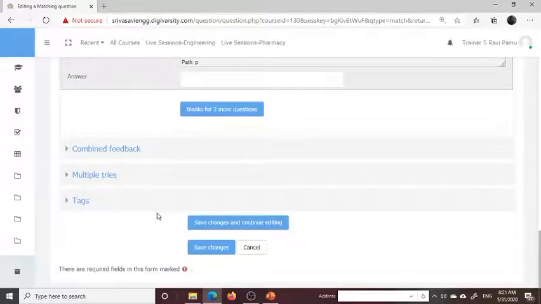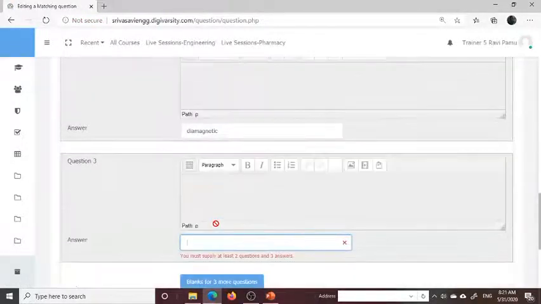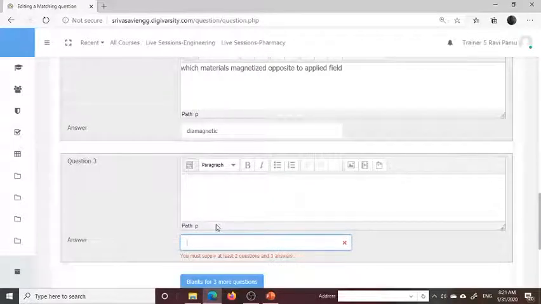Now I gave only two matchings. We must supply at least two questions and three answers. Yeah. Two questions and three answers. Okay. Next answer is a dummy answer. Maybe ferromagnetic materials.